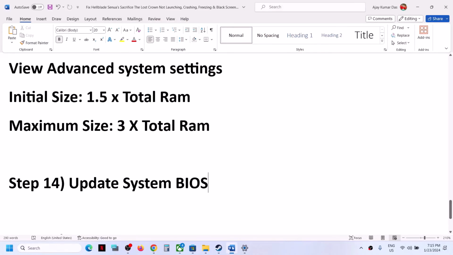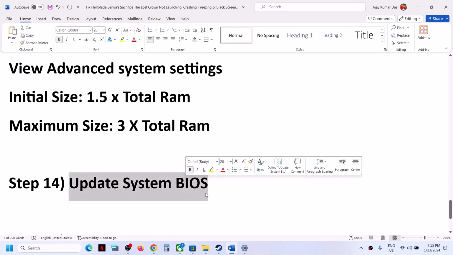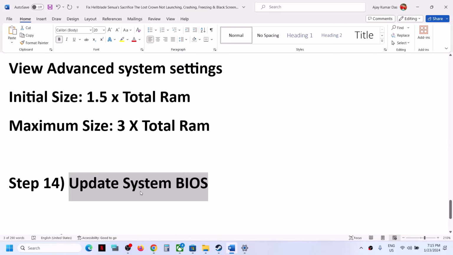Now the next step is to update your system BIOS. So go to your system manufacturer website. If you have a Dell computer, go to the Dell website. If you have a Lenovo computer, go to Lenovo. If you have an HP computer, go to the HP website. Go to your system manufacturer website and then select your model number. Make sure that you select your computer, then find the latest BIOS update available and